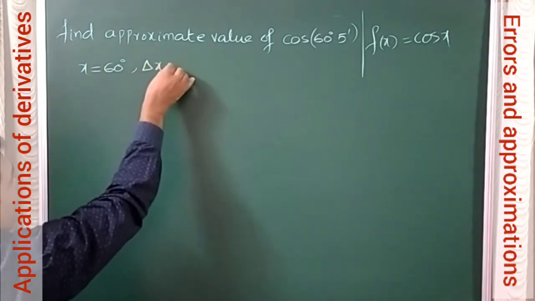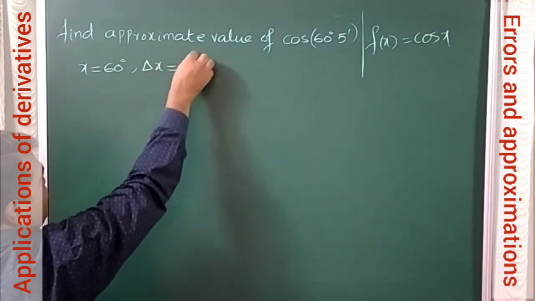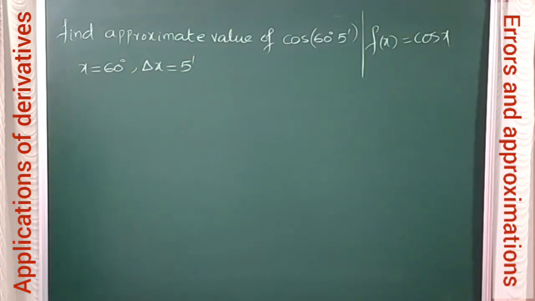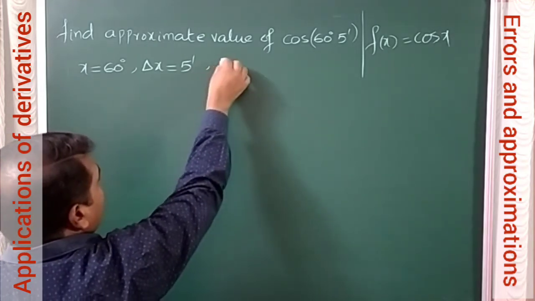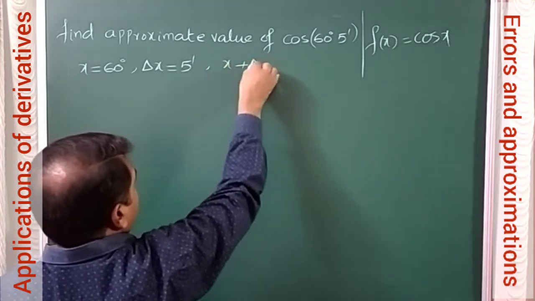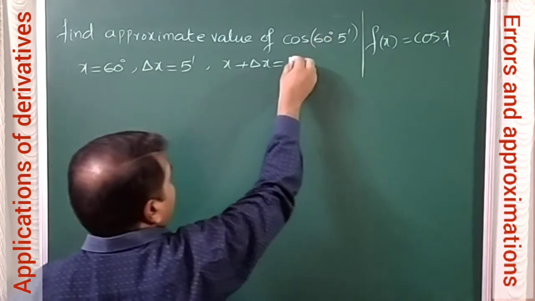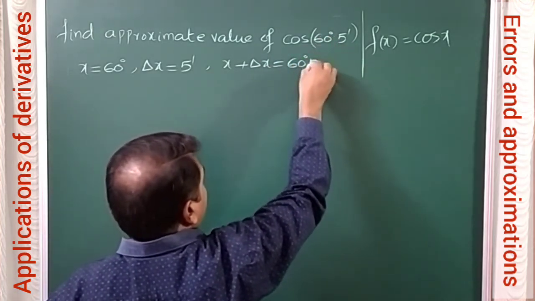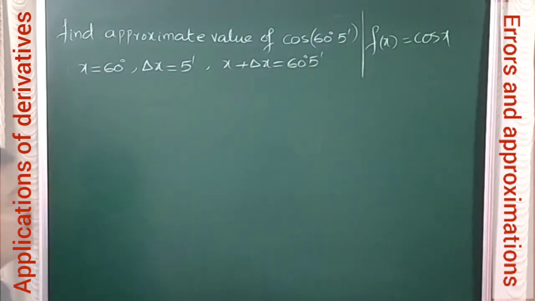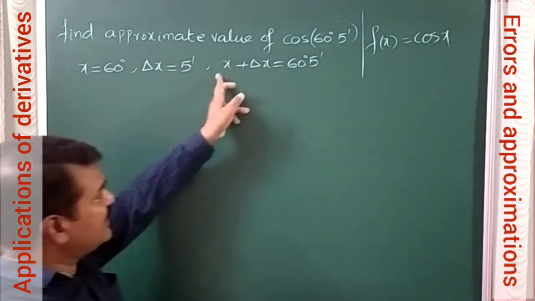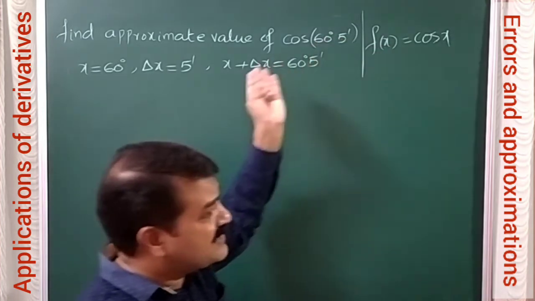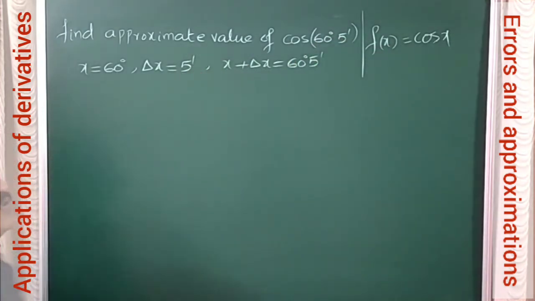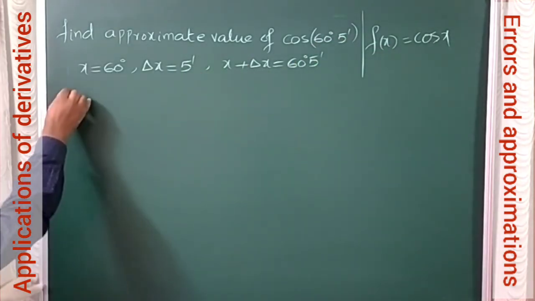That we will take as delta x, meaning the error in taking the value of the variable. 5 minutes is taken as delta x such that x plus delta x becomes the given angle, 60 degrees 5 minutes. Now x plus delta x is 60 degrees 5 minutes, so f of x plus delta x only you have to find now. Okay, so now